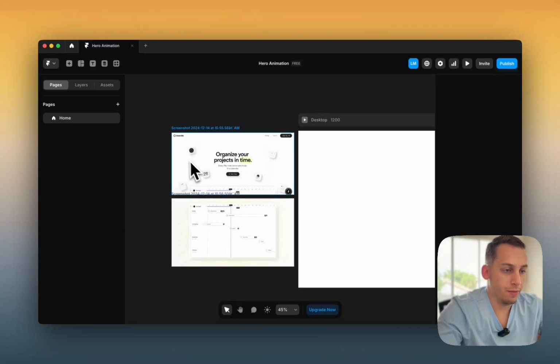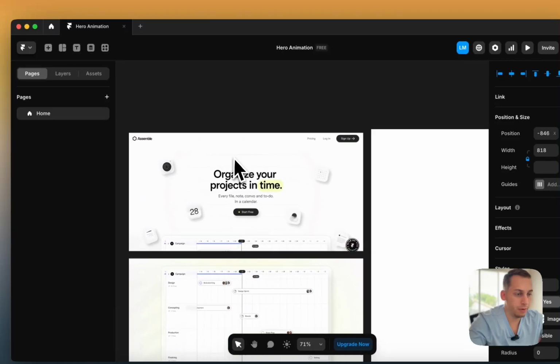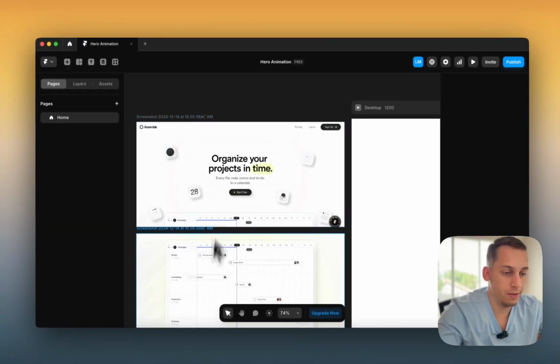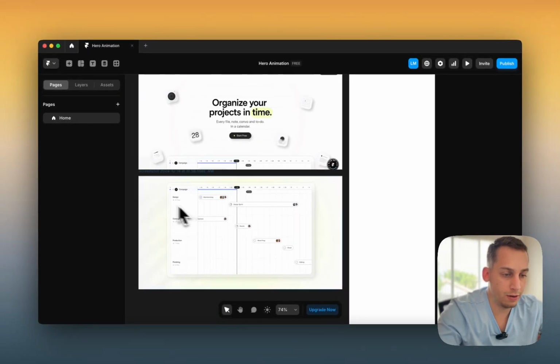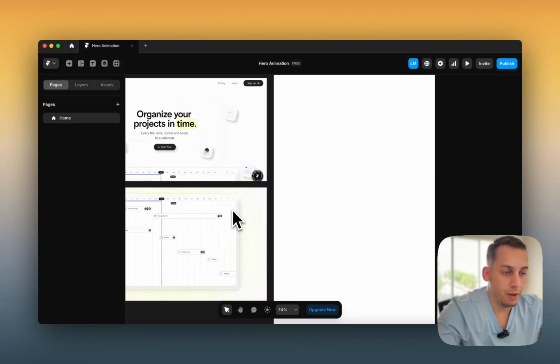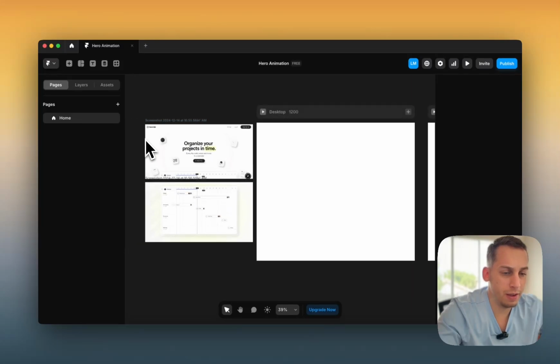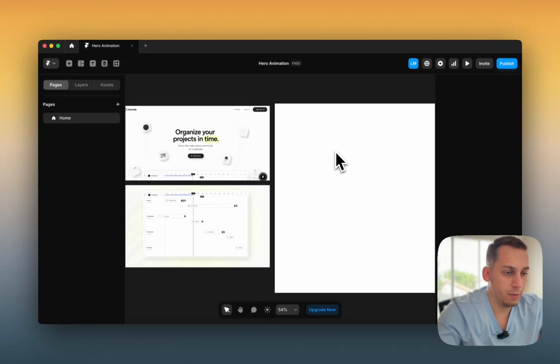So I opened a Framer file, called it Hero Animation, brought in these two screenshots, and what we're going to do is we know that, well, before we start anything, we know that this is going to be the start and this is going to be the finish. So once you scroll down here, it's going to look like this. There's going to be also a nice little gradient glow at the bottom, right? So what we can do is we're going to ignore this navigation for the moment, I would say. I mean, we can add one from Compa, the free one, later, but we can just go ahead and start with the